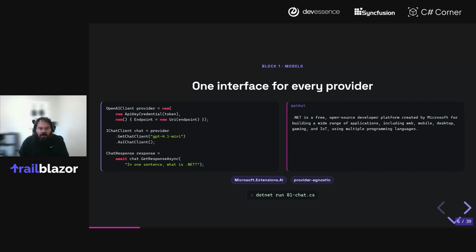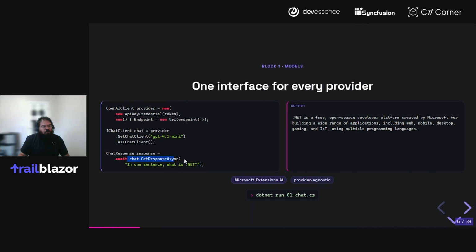You're going to see that in this code sample. This first line of code with the OpenAI client is effectively just doing the setup, like setting up your credentials and tokens for OpenAI. But then we have a set of adapters that enable you to take this OpenAI provider and convert it into an IChatClient.